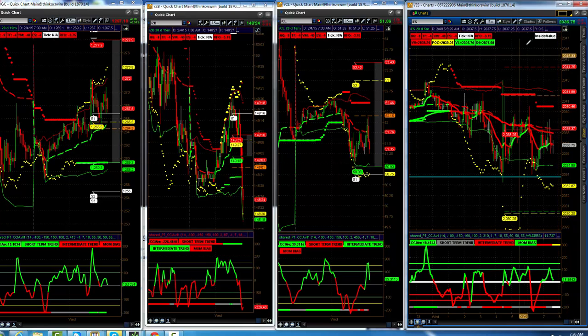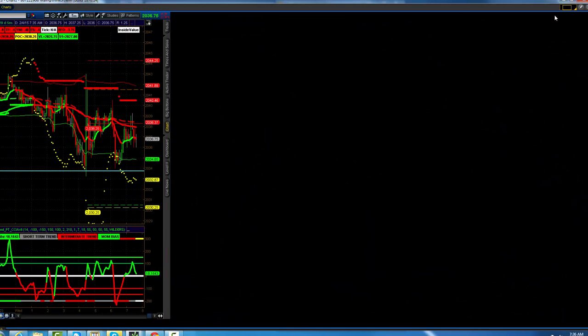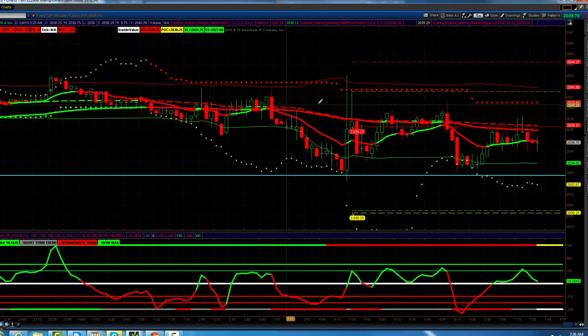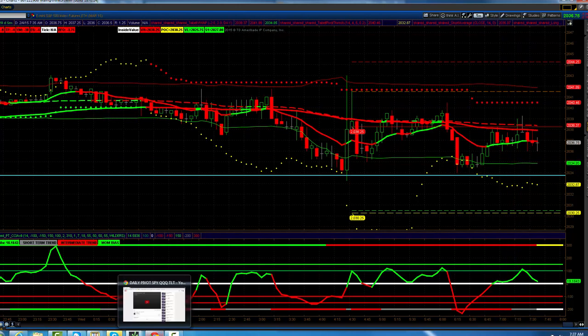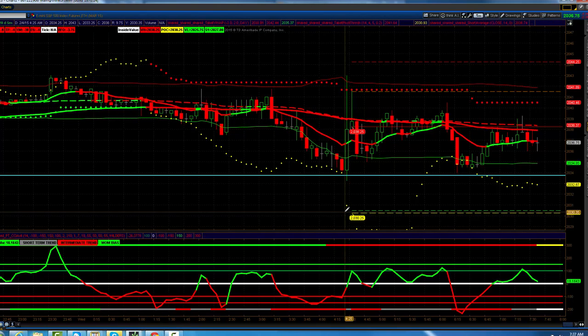All right. So let's go back. Just a quick recap. I'm looking for a retracement. Right now, we're trading under the 5 minute pivot. All the sisters are trading under the 5 minute pivot. We've gone straight up. And I guess the key is you're going to probably test that 2025 area,